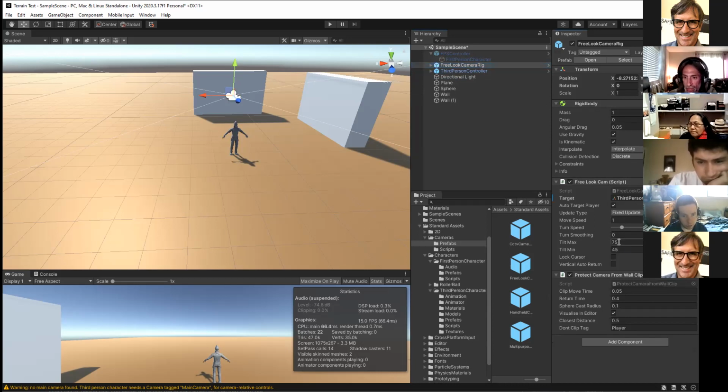Okay, and in this you've got your max tilt, your minimum tilt, his turn speed, and your clipping plane for walls and stuff, because when you get close to a wall, it'll bring the camera towards him. So when I play it,